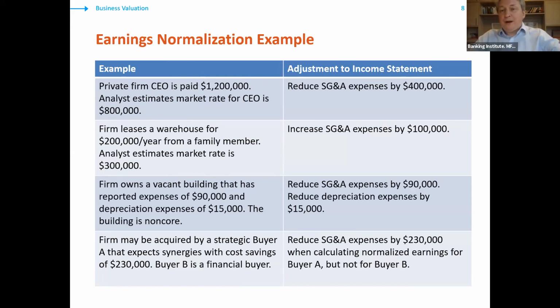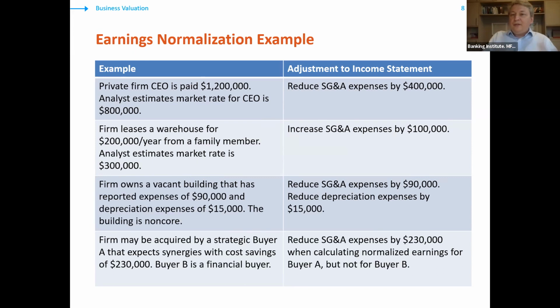For example, we have a private company, and the CEO of this company is paid $1.2 million as salary a year annually. But our estimation is that the market rate for the CEO of a company like this is $800,000. What should we do? Before we do our valuation, in our financial model, we should reduce administrative expenses by this excessive $400,000,